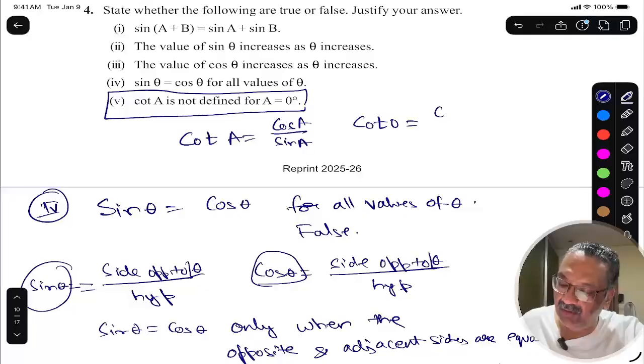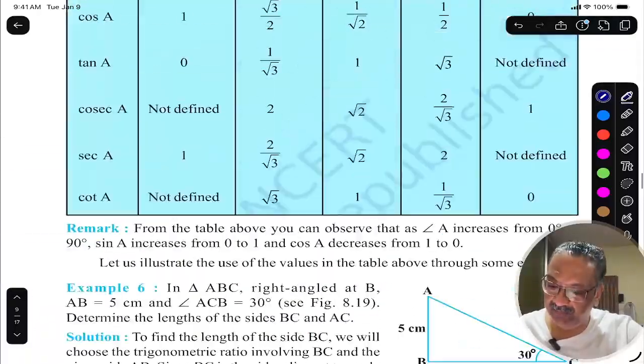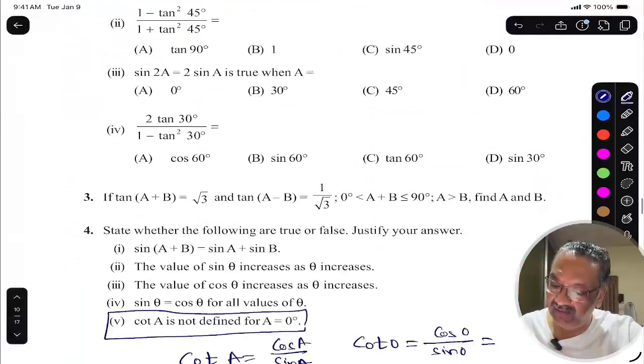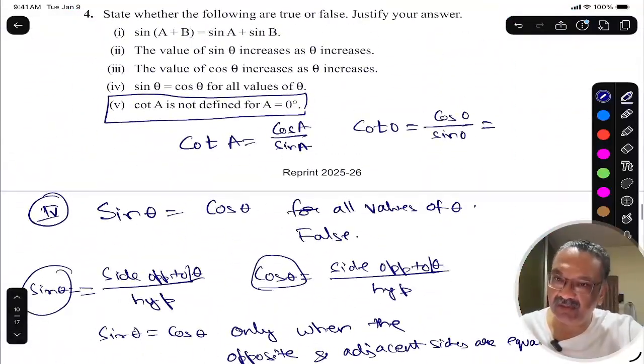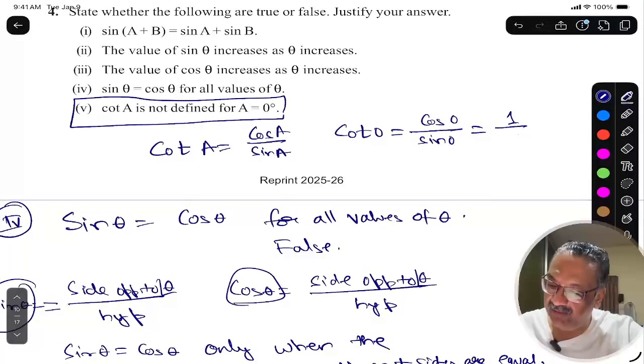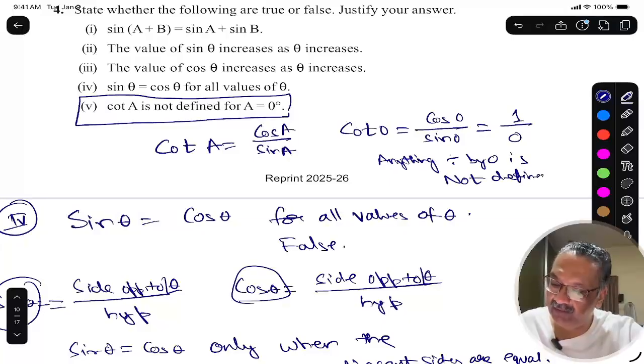Cot 0 is equal to cos 0 by sin 0. What is cos 0? Look at the value of cos 0, cos 0 is 1 and sin 0 is 0. So we have 1 divided by sin 0, which is 0. So, anything divided by 0 is not defined. So, this is